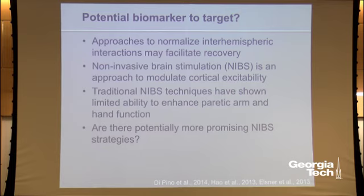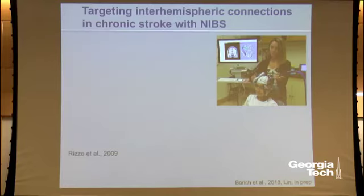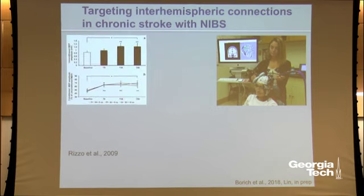So we wondered, is there a more promising neuromodulation strategy than simply stimulating the same single focal region in everyone? So we went back to the literature and found evidence that you can apply TMS to the motor cortex bilaterally in a similar spike timing dependent plasticity paradigm, where you're trying to optimize synchronous pre and post synaptic activity. Again, this is very hand wavy because we're at the systems level, not looking at individual synapses. But can we synchronize pre and post synaptic activity? This was shown in healthy individuals about 10 years ago